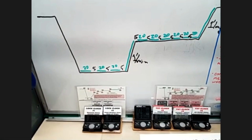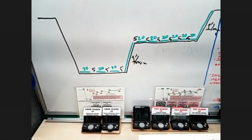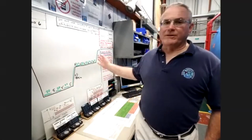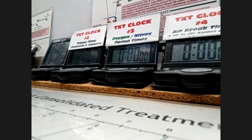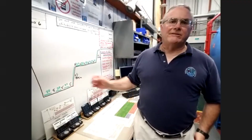Well, this is actually a treatment protocol. Once we get permission from the physician to treat the diver, we'll put the treatment protocol on the board here, and then the recorder will go through and time each of these segments, tell the operator when the chamber needs to move, where it needs to move to, and tell the tender when the gas switches need to occur for the patient. And just to be clear, Carl, when you say tell the operator where to move the chamber,